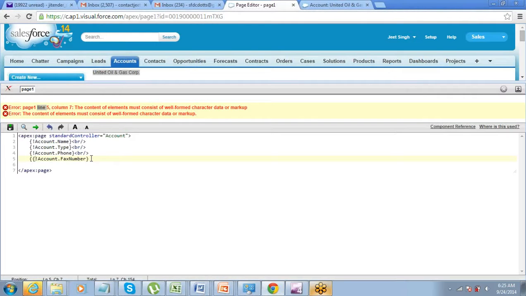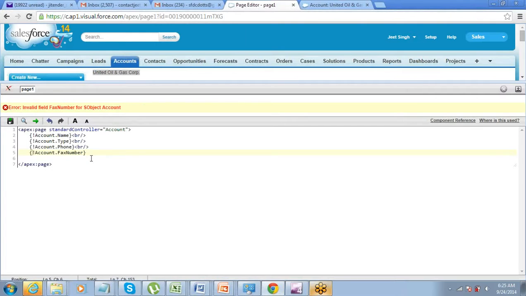Fine. Now still it gives an error. What is the error now? Fax number. So what do you think might be the reason? The fax number is the issue, but what is the issue with that? Maybe in accounts we have written only fax, we have not written fax number at the time of creating the field. Yes, fax is not an object, fax is a field. That is what we have to understand.